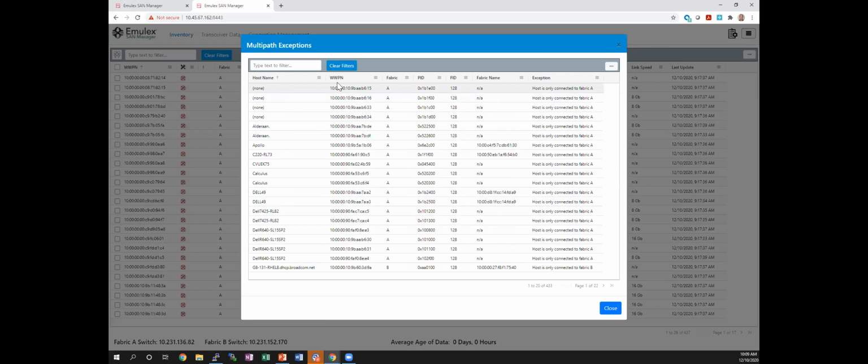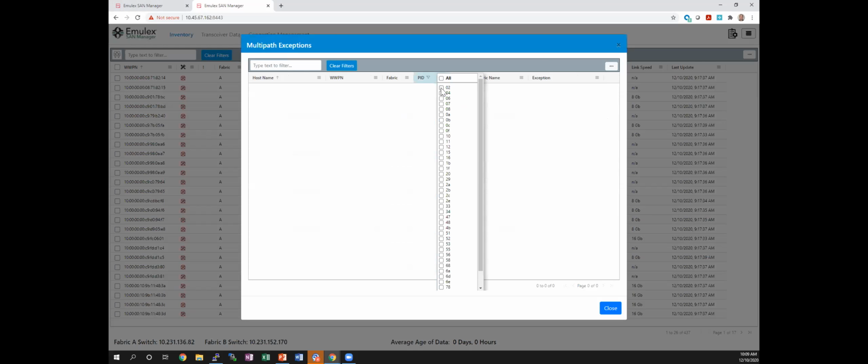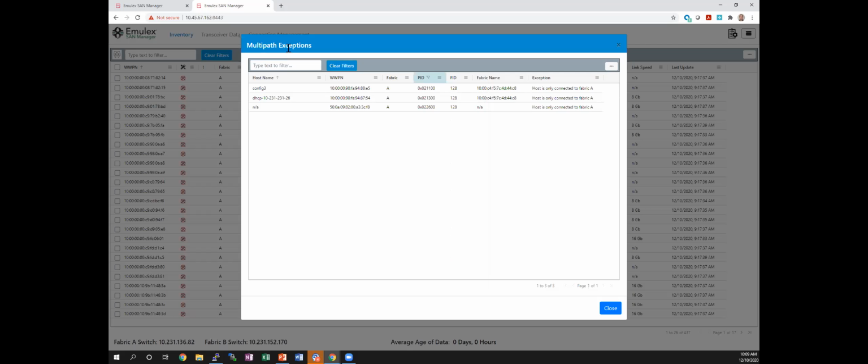So let's say, for example, I want to replace my O2 switch. I want to upgrade it to my newest switch in my environment. This feature helps me identify any ports on that switch that do not have a path into the Fabric A